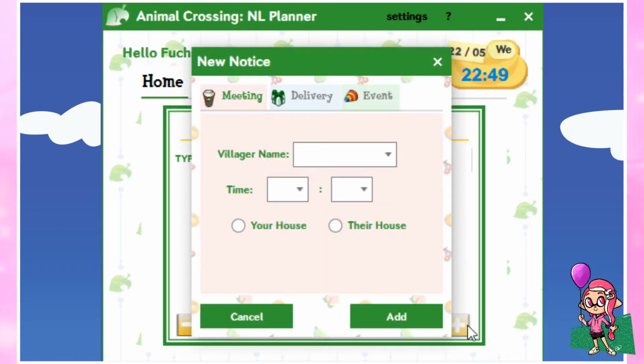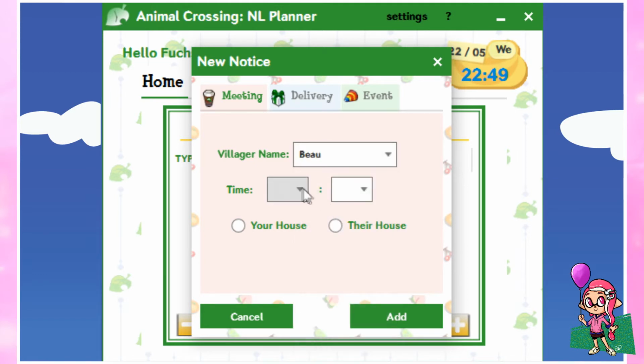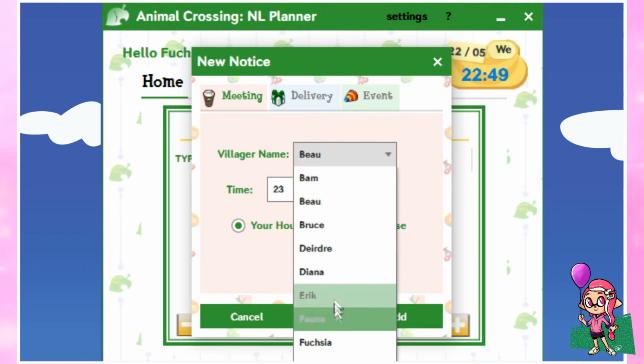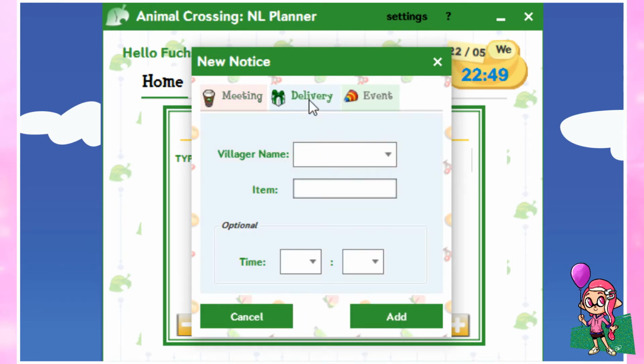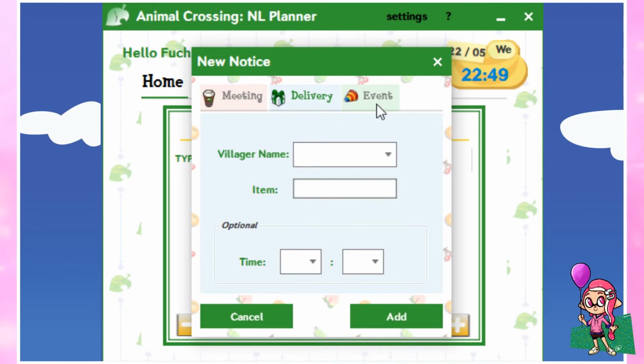So now we're going to go into the desktop app. Like the phone app, we just press here and I've already got a profile added in. So we can just say that Bo is coming to visit at 11:57 at my house. Nothing suspicious about that at all, aside from that lazy villagers are already asleep at that point. I've already got Reverie's profile added in here, so it already has those villagers pulled up, which is really nice actually. And then we've also got the delivery, same as on the app,